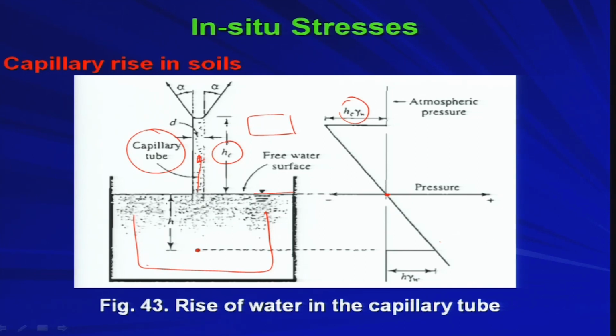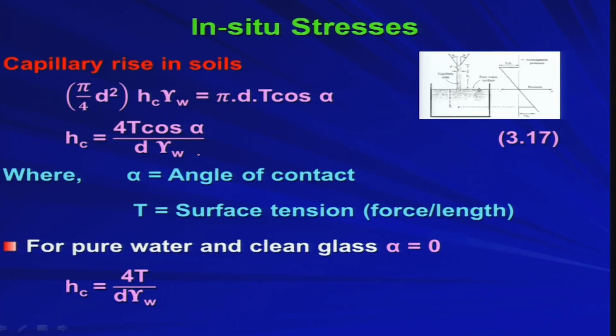Okay. Now, in this figure, this is your surface tension. This surface tension T will be equated to the weight of the water inside the tube. In that way you calculate the capillary rise. So, pi by 4 into d square is the cross sectional area of the capillary tube, into Hc, the height of capillary rise, and gamma W, the unit weight of water. This whole term will give you the weight of water inside the capillary tube, whatever has been raised from the free water surface, is equal to